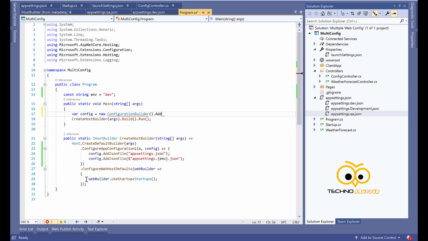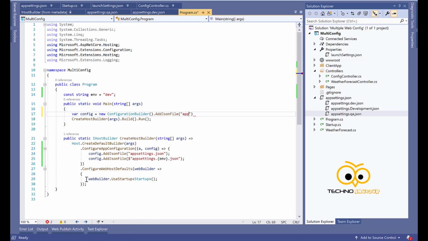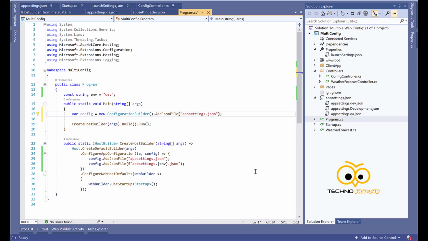To it, I'll add a JSON file, and I will read the appsettings over here, appsettings.json, then .Build. So now our configuration is ready.